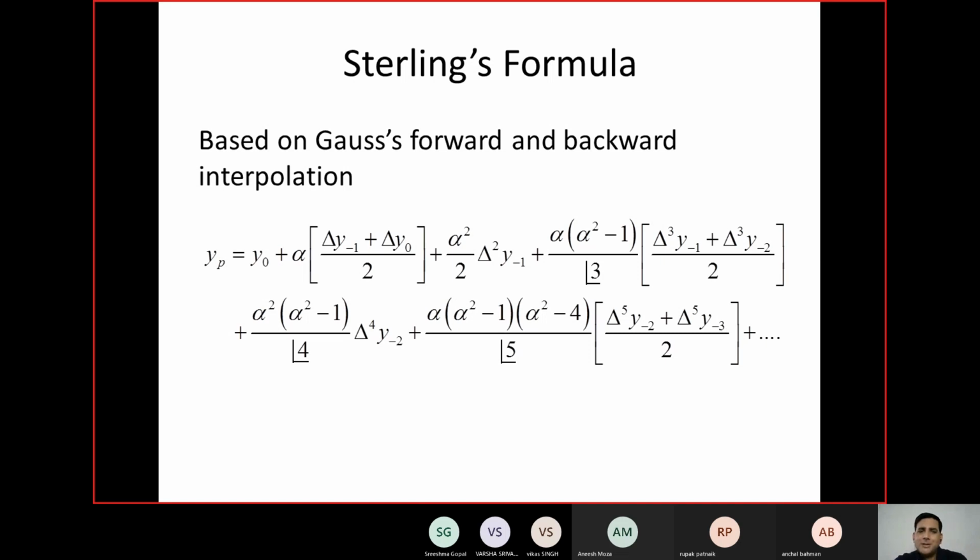So Stirling's is backward and forward. Let's say here the same thing, and this is based on the average of two. Here you are calculating the average of two. This is the Stirling's interpolation formula. The rest of the formulation is part of the same. You are taking forward, you are taking backward, taking the average of the two.